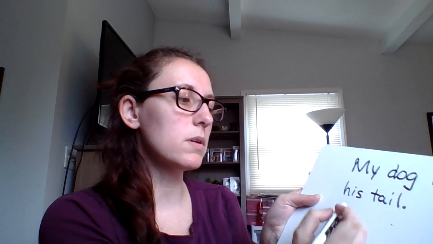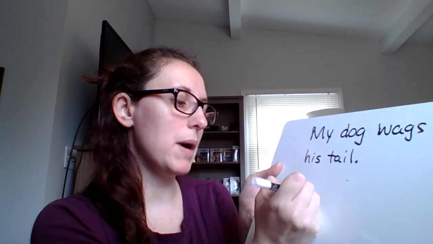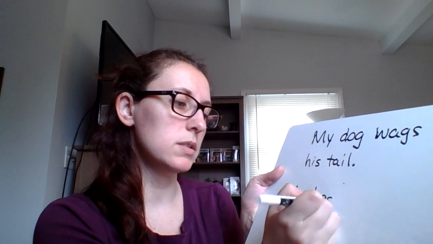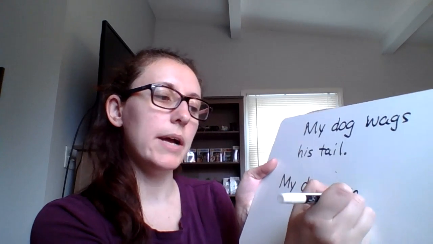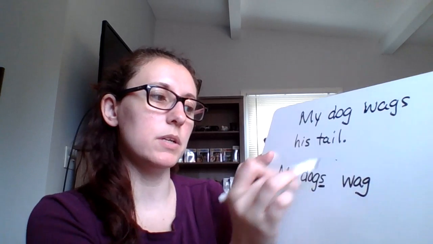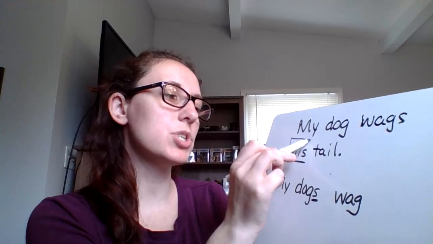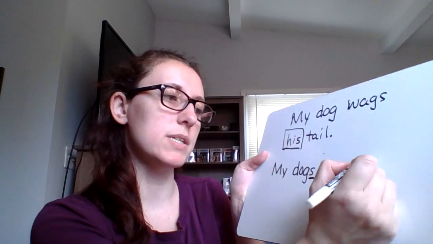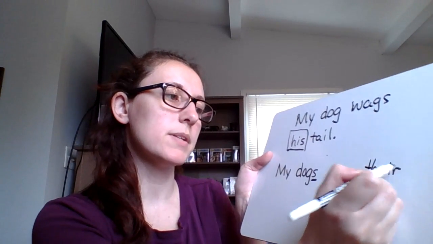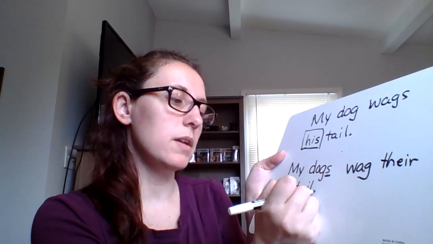Well, when I make it plural, I changed it to my dogs wag. I changed the S from here to the subject, and his has to change to more than one, which is their tail. And for this example